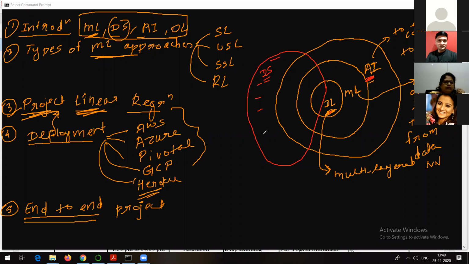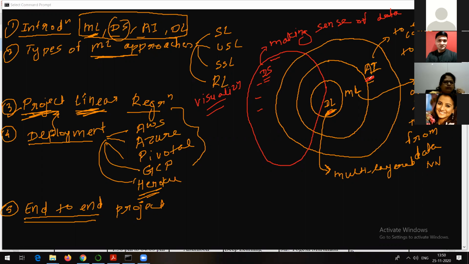So in a nutshell, data science is all about understanding or making sense of data. You might have come across the term visualization, right? So visualizing the data is a very important aspect of data science, right?